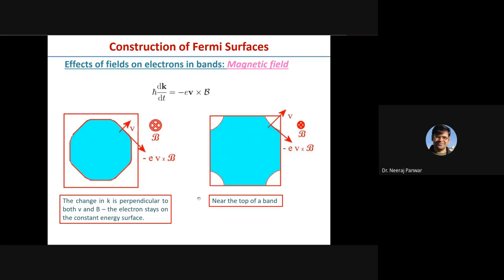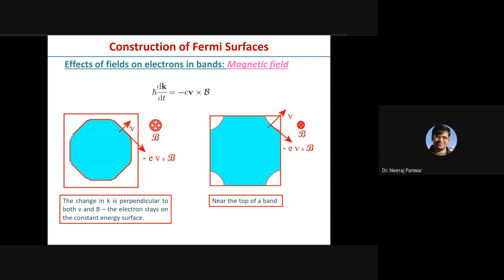Simultaneously, we can see what the effect of a magnetic field on the Fermi surface is, and how the Fermi surface is going to get modified. Tomorrow we will understand this equation: the equation of motion of an electron under the application of a field is given by h cross dk by dt, that is the rate of change of the k wave vector occupied by the electron, given by the Lorentz force minus